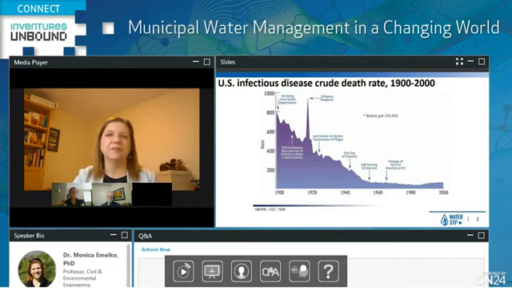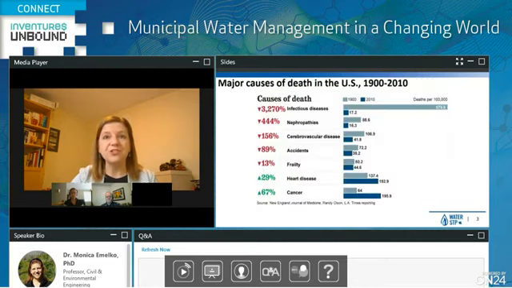This is from our neighboring United States: infectious disease crude death rates from 1900 to 2000. And the point that it makes here is that with the first continuous municipal use of chlorine in the early 1900s, and that application in water, literally, we saw changes in death rates. And more specifically, if you looked at the major causes of death, the importance of adequate amounts of safe water